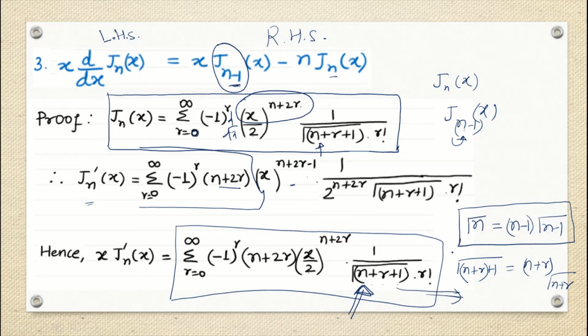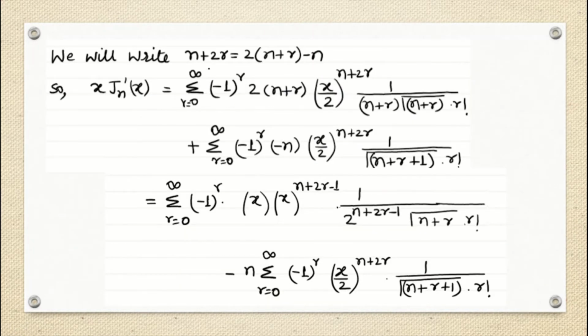Okay. So what will we be doing here? We have done the same thing here, right? We have done the same thing in this term, and then this is as it is, x by 2 to the power n plus 2r. This complete term is as it is. Now why are we actually doing this? Because the n plus r you have got here in the denominator, if n plus r is there in the numerator next, you will cancel this n plus r with n plus r.